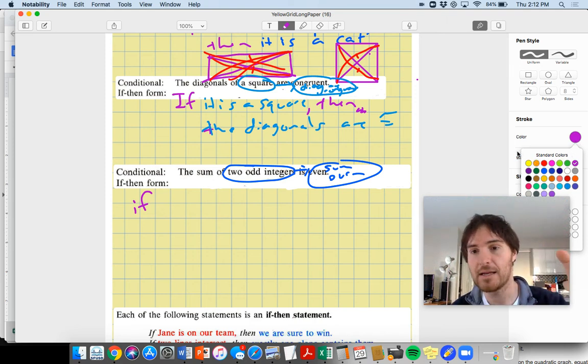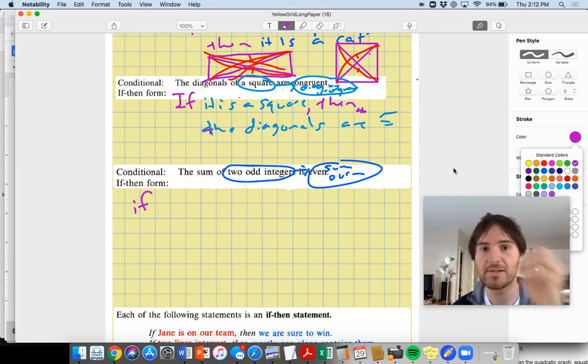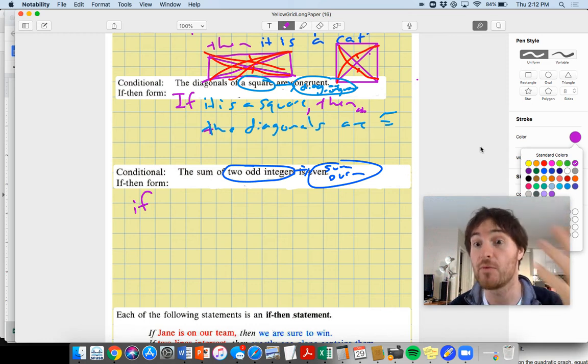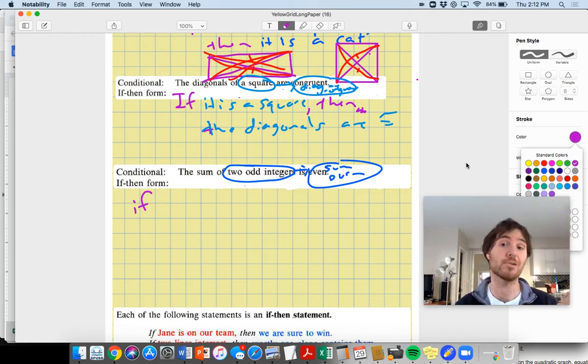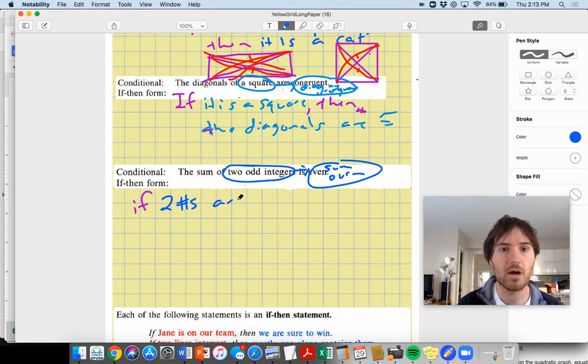A necessary consequence of having odd numbers is that their sum is going to be even. But a necessary consequence of having even sums isn't that the two things added are odd, because it could be two evens added together, right? Could be two evens added together, okay? So let's check this one out here. If two numbers are odd,